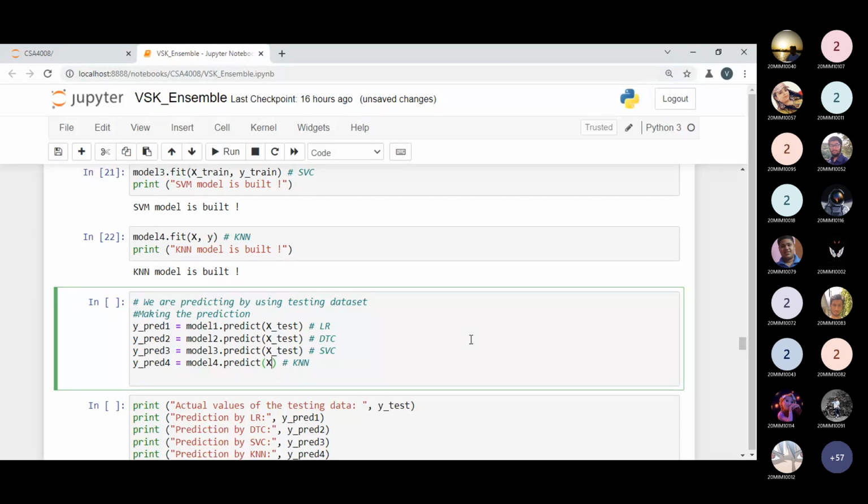So y prediction 1, y prediction 2, y prediction 3, y prediction 4 are the four different variables used to predict our values. So I'm predicting my values.